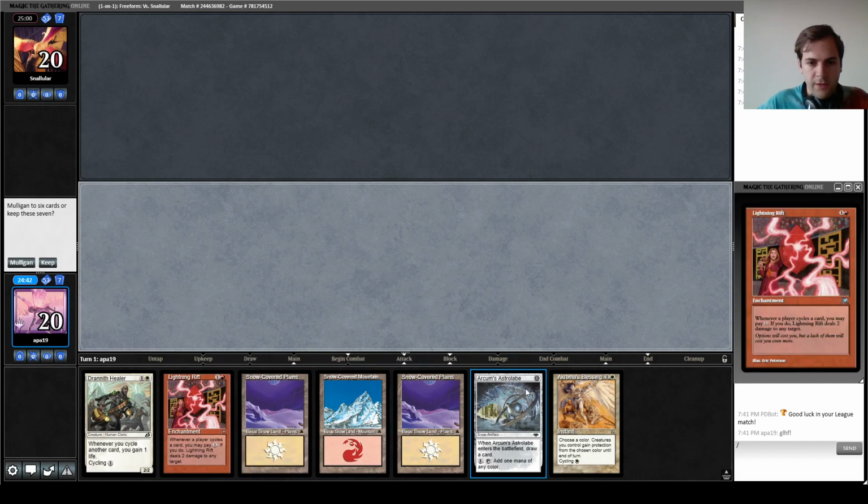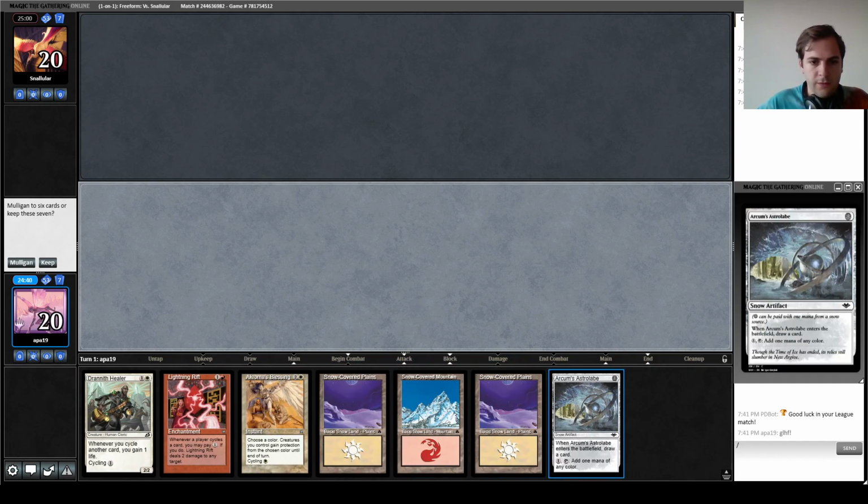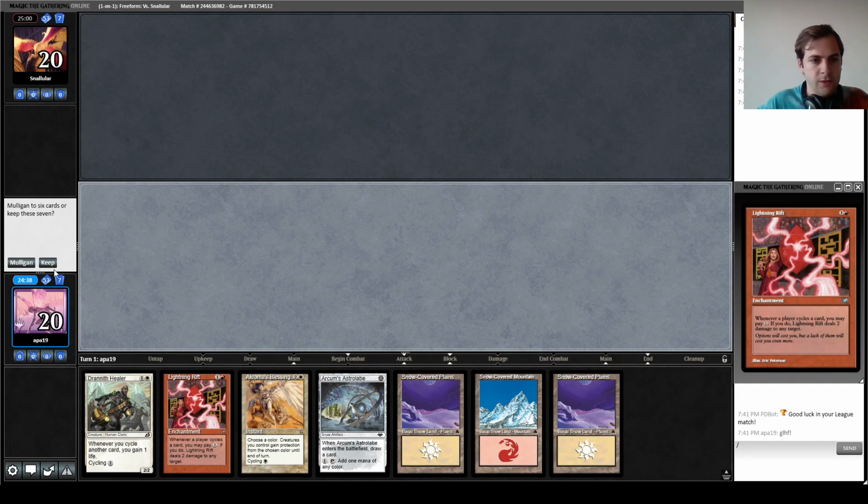Okay, so this hand is fine. Yeah, this is fine. We have the Lightning Rift. If we didn't have this, it was a mulligan, but this is fine. Just keep. Also, you're on the play,